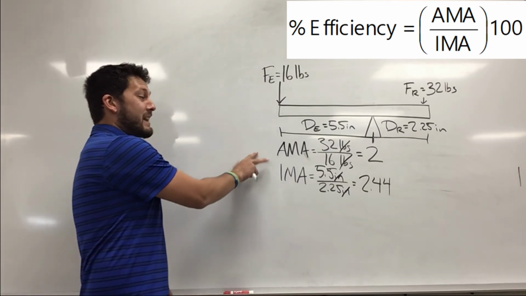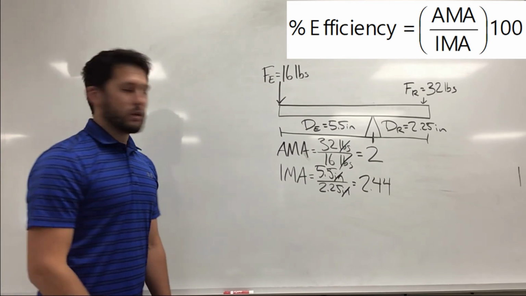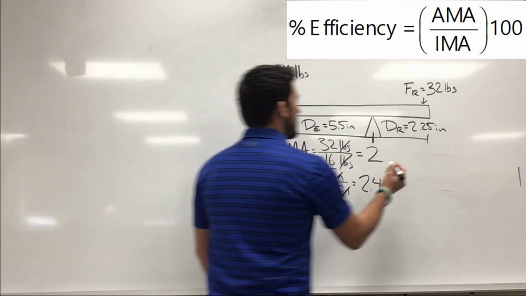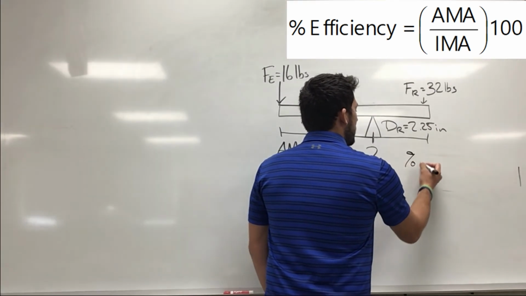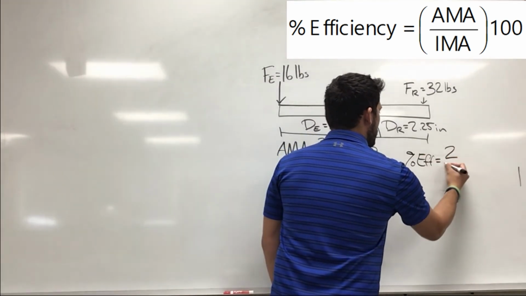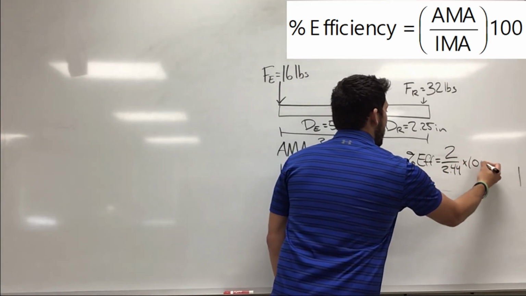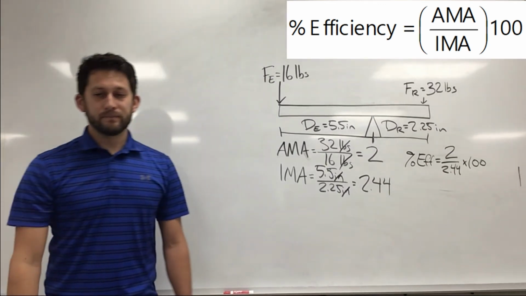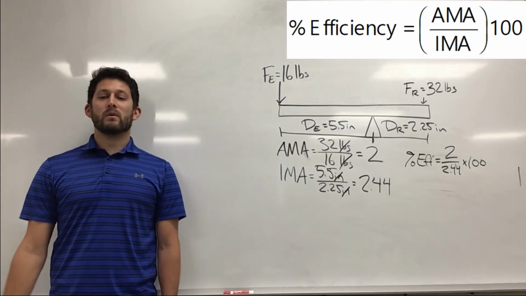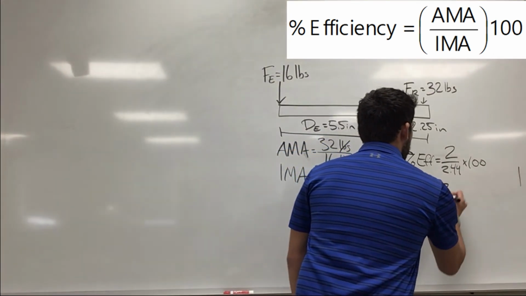And more often than not, you just kind of flip-flop those two numbers when you are doing your calculation. So let's do that real quickly. Our AMA is 2, so we say percent efficiency is equal to 2 divided by 2.44 times 100%. Type that into our handy dandy calculator, and we get around 82%